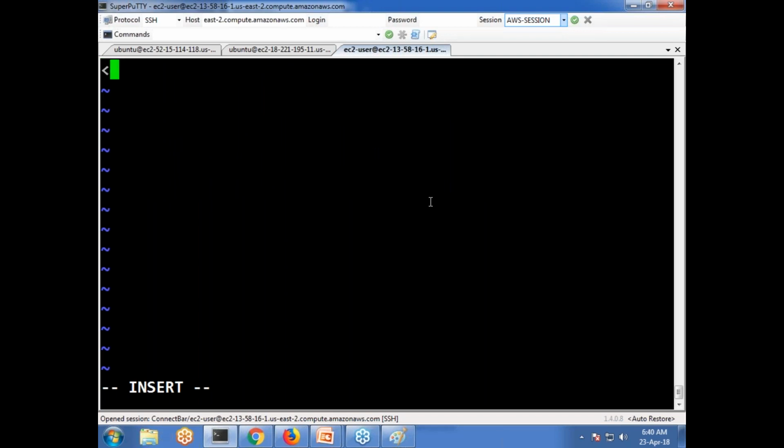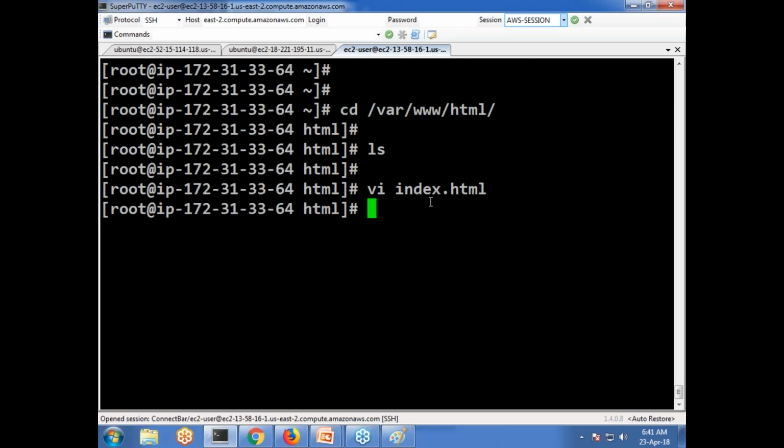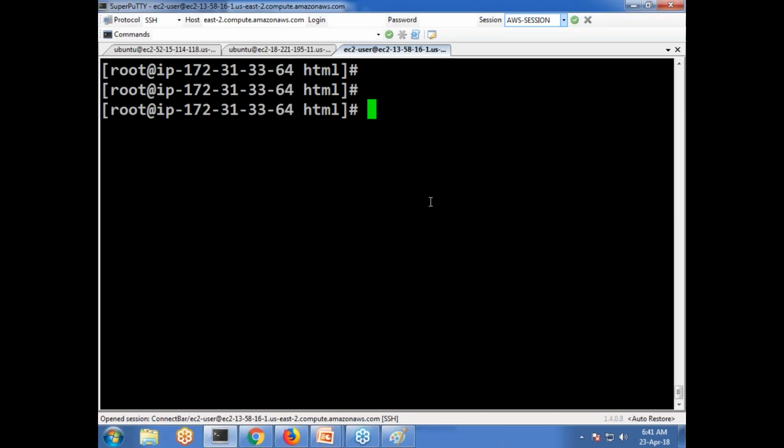I'll specify some code here. There's one sample HTML code I'm writing here. So, good day from web server 2. Okay. Good day from web server 2. Now what I will do is